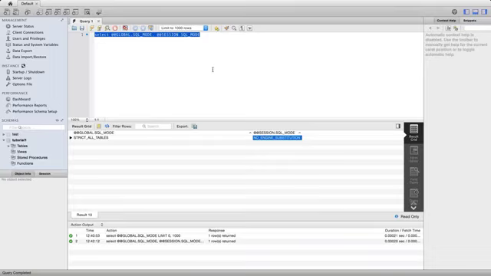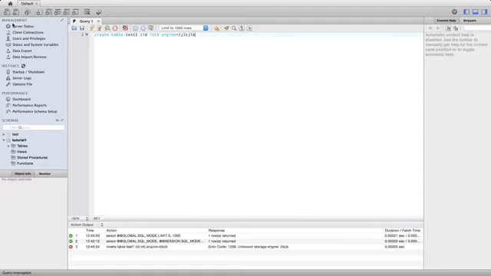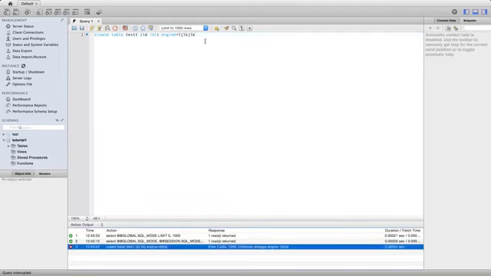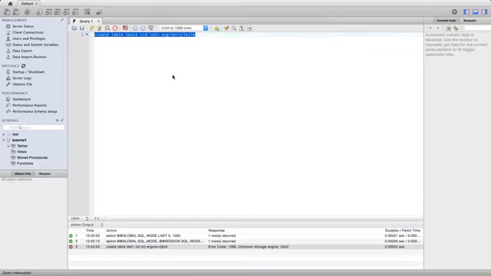So if we do, for example, create table test1 id int engine equals some gobbledygook, if no engine substitution is set, then it's not going to execute that query. Now what we're really interested in here is setting a mode called